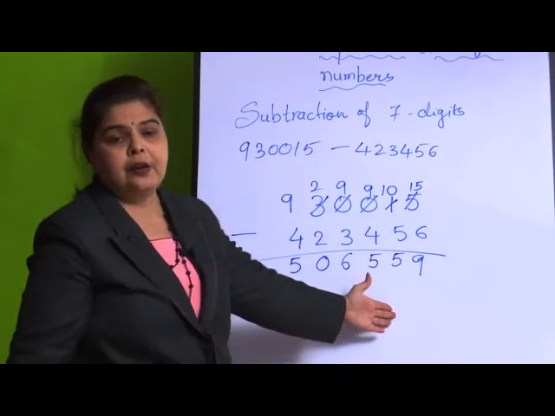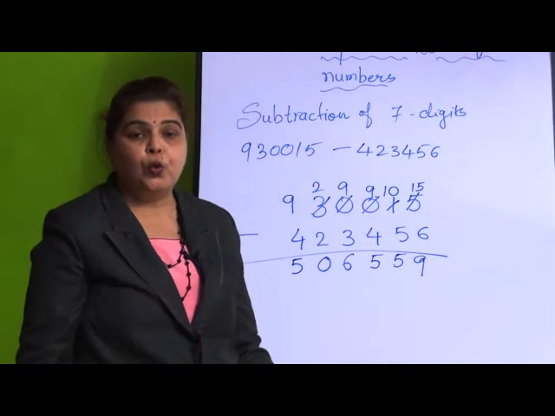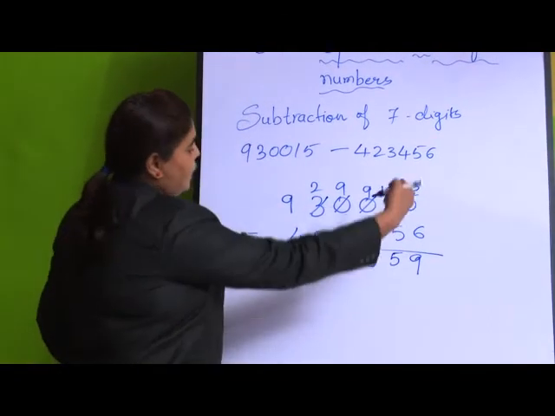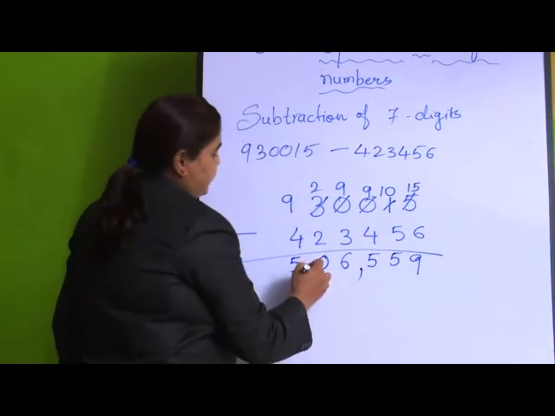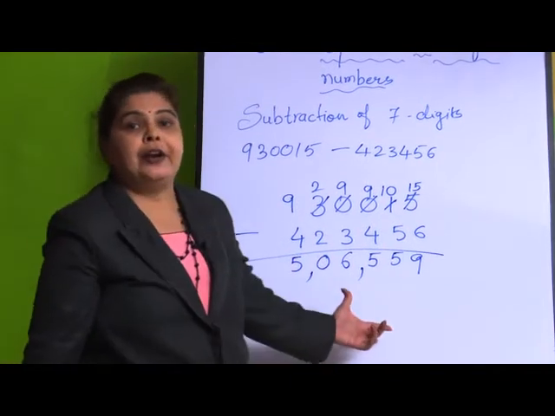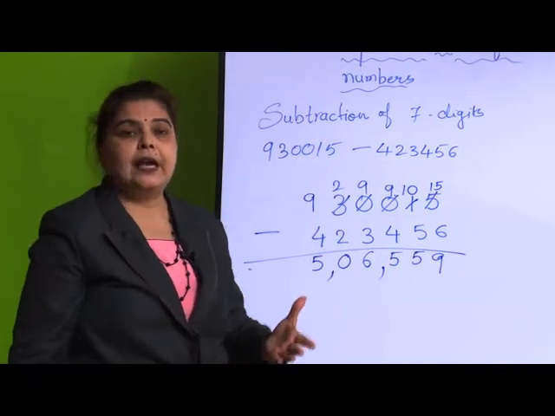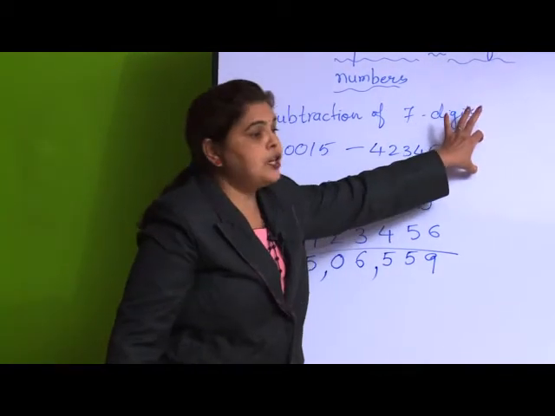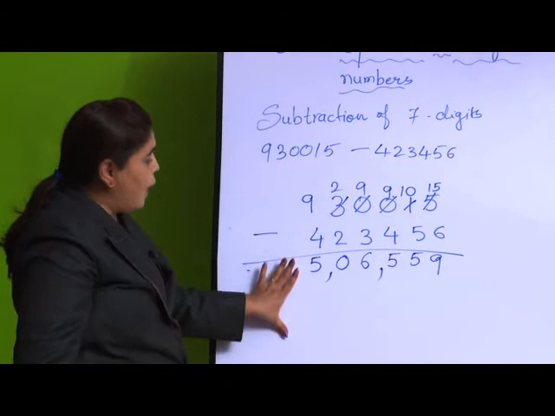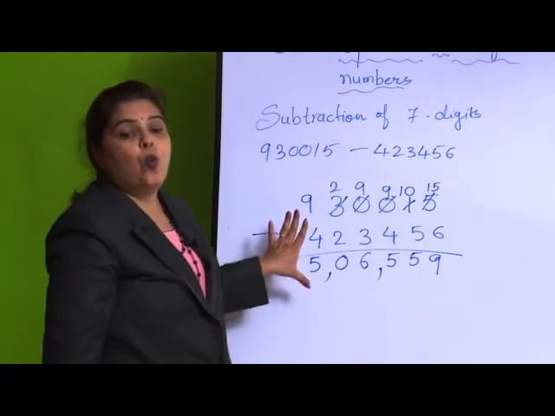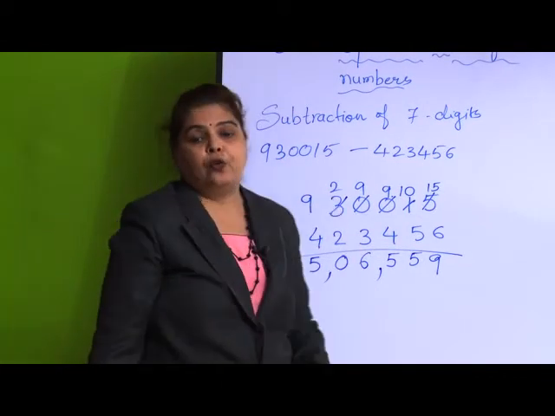Can I read this number? No. What should I do? Because we had learned in the previous lesson, I have to insert the commas first, then only I can read this number. So, this is how operations are done very easily when given in a horizontal way. First you will have to arrange it in a vertical form, then only we can do the operation.